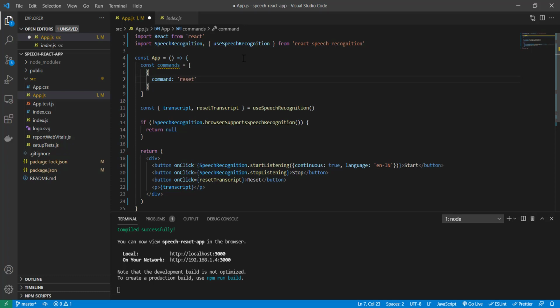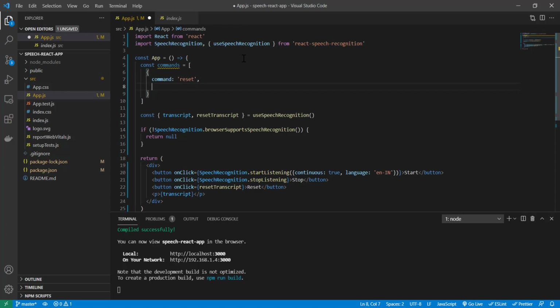I just want to tell the computer to reset, and it should automatically reset. Then we have to pass a callback. This is the format that we have to give, and in this callback we can pass a command reset transcript equal to, and then we can say reset transcript.